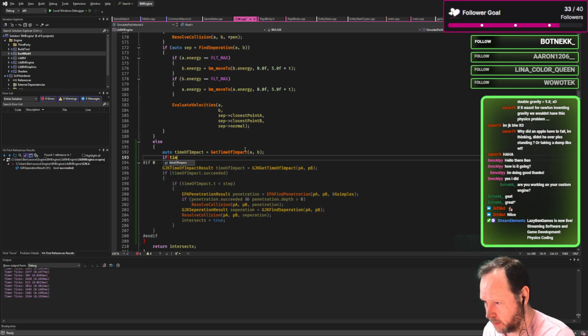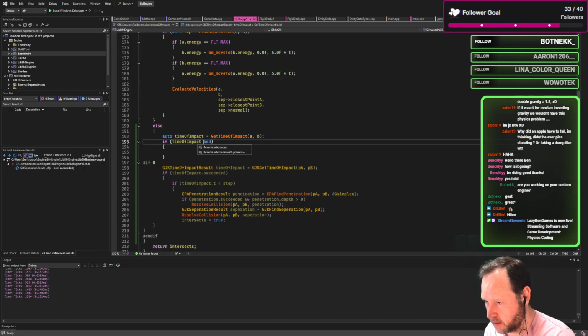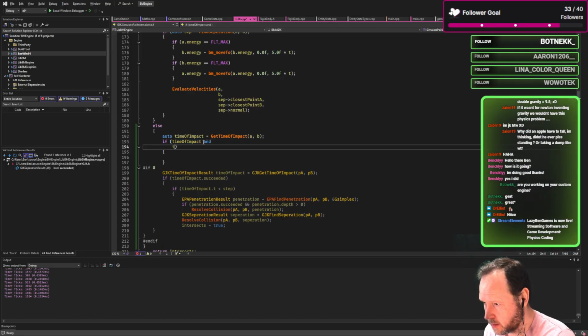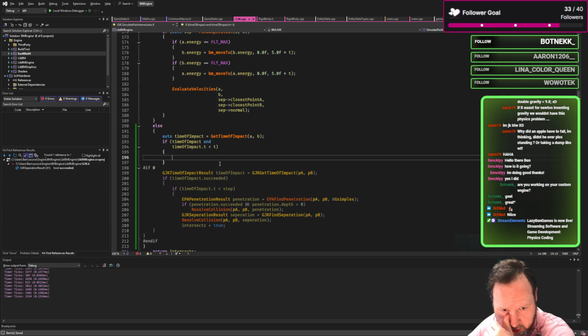If we have a time of impact and time of impact dot t is less than this t, meaning we're not going to catch it in this step, and we're not going to catch it in the next step,